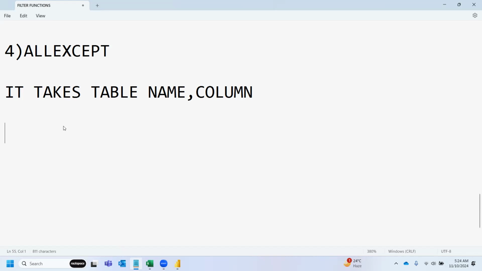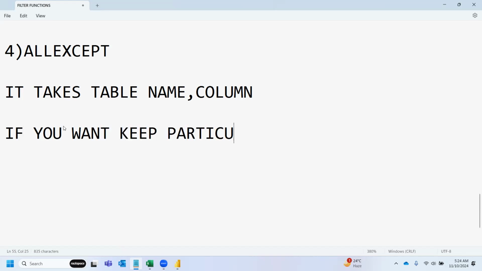and if you want to keep a particular column's filter context, then you can use ALLEXCEPT. If you want to keep a particular column,